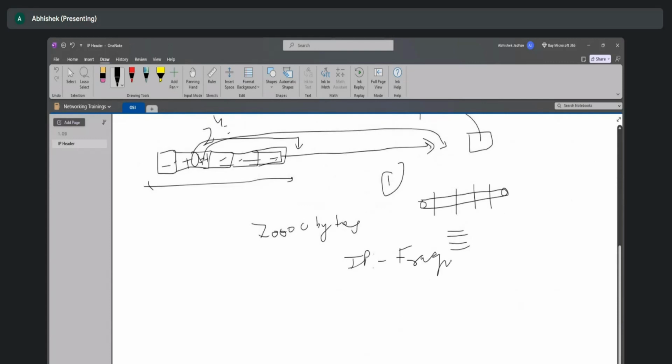Please make a note of this: fragmentation. In IP, we call it fragmentation, and in TCP, we call it segmentation,